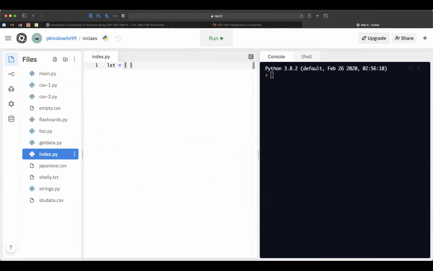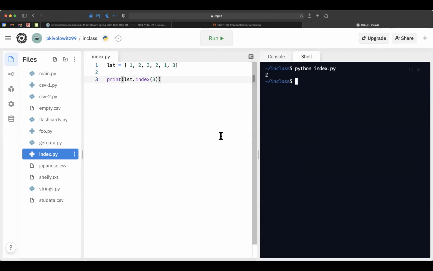And let's do 1, 2, 3, 2, 1, 3. And let's just try the first version, index 3. Okay, so the answer is 2.